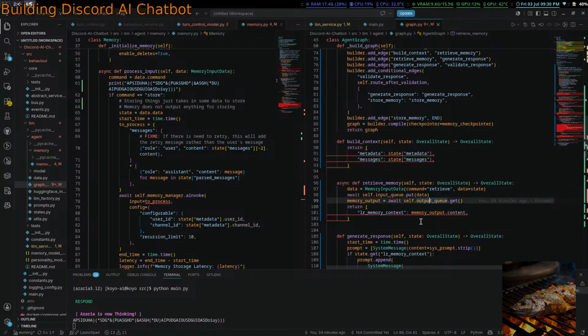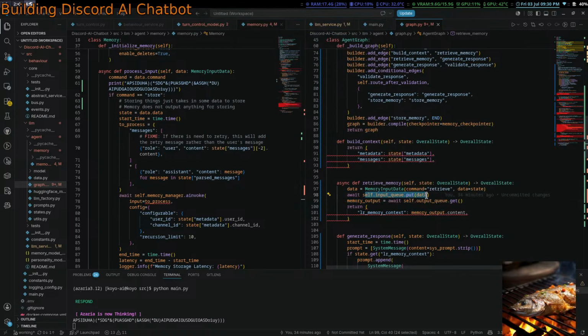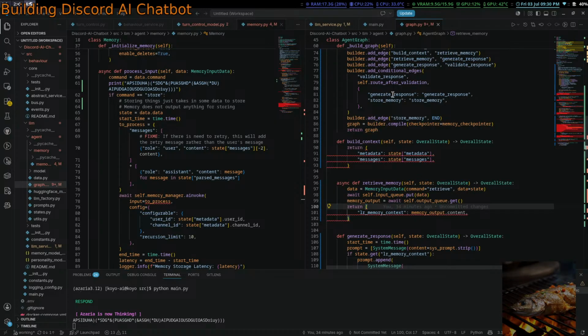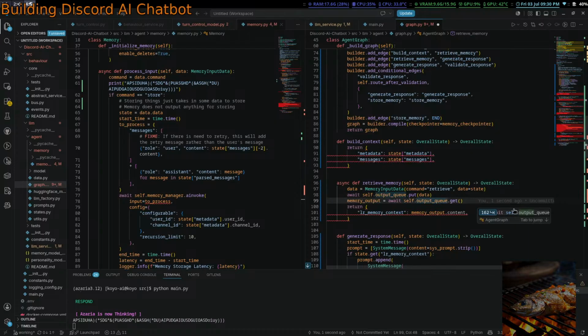So in retrieve memory we await self.output. Oh wait, so why is it self.output_queue? Oh, await self.input_queue.put. Why? I'm kind of stupid. Yeah. Await self.output_queue.put and self.input_queue.get.